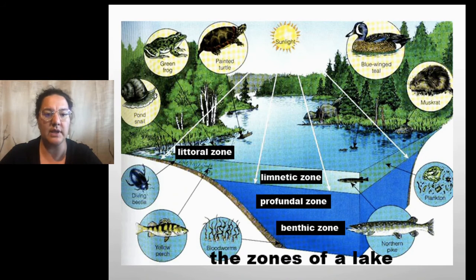The limnetic zone here is open water, where there's still lots of light. We'll have floating plants, and this is often where larger fish will live because it's deeper, there's more room for them. The profundal zone is dark, cold water where there's mainly decomposers. Not a lot of light reaches here, which means there won't be a lot of fish as well. The benthic zone is going to be mud or sand. There's little or no light, decomposers, filter feeders, and worms. So this is, again, the bottom of the lake.